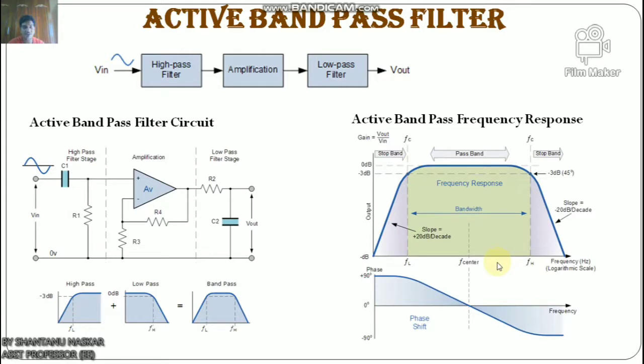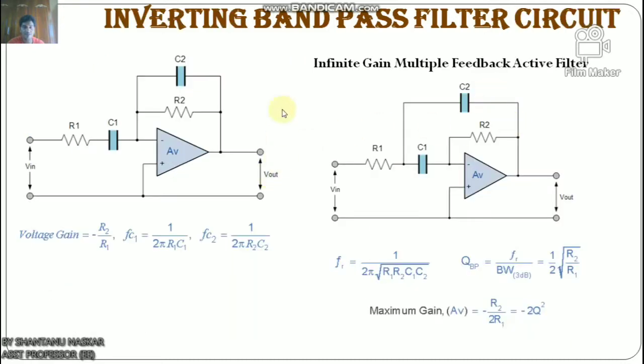By rearranging the position of the resistor and capacitor within the filter, we can produce a much better filter circuit. Okay, so for any active band pass filter, the lower cutoff minus 3 dB point is given by FC1, while the upper cutoff minus 3 dB point is given by FC2. So the much better filter circuit which I discussed is shown here, which is called the inverting band pass filter circuit. Look here.